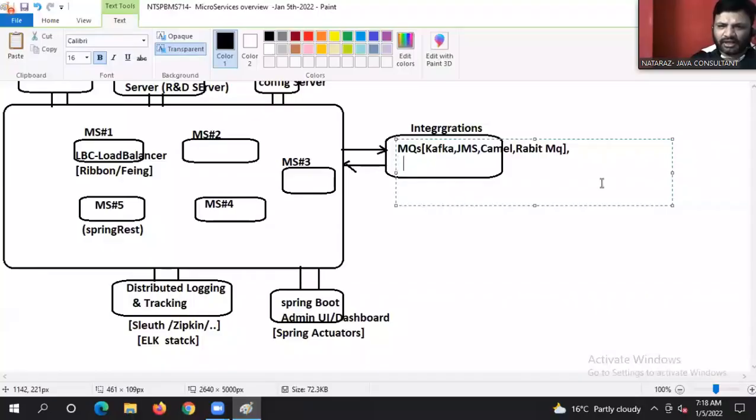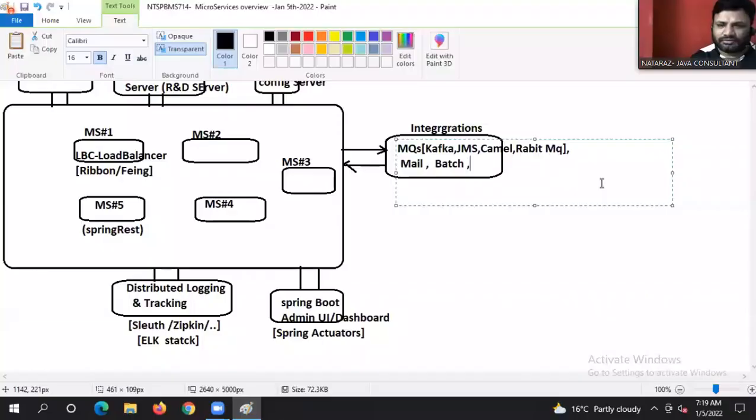Next, when it comes to mail, it can talk with mail operations. It can also work with Spring Batch operations. Camel is one product name, Babu. So it can talk with Spring Batch operations.